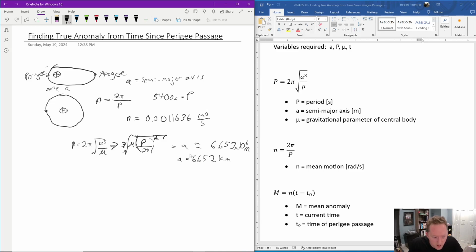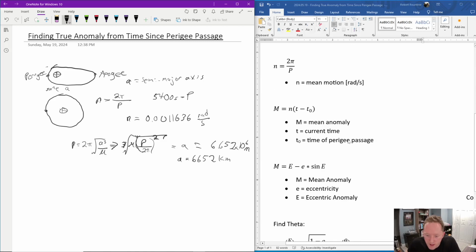All right, so we've got our A, and in order to make this mean motion thing work, you have to assume that the A of your circular orbit, which is imaginary, and your actual orbit, this ellipse, are the same. So we went ahead and calculated our A. Now, the mean anomaly is your mean motion times the time since perigee passage. That's all that is. So if you assume you're moving at a constant speed around this circle with a semimajor axis A,